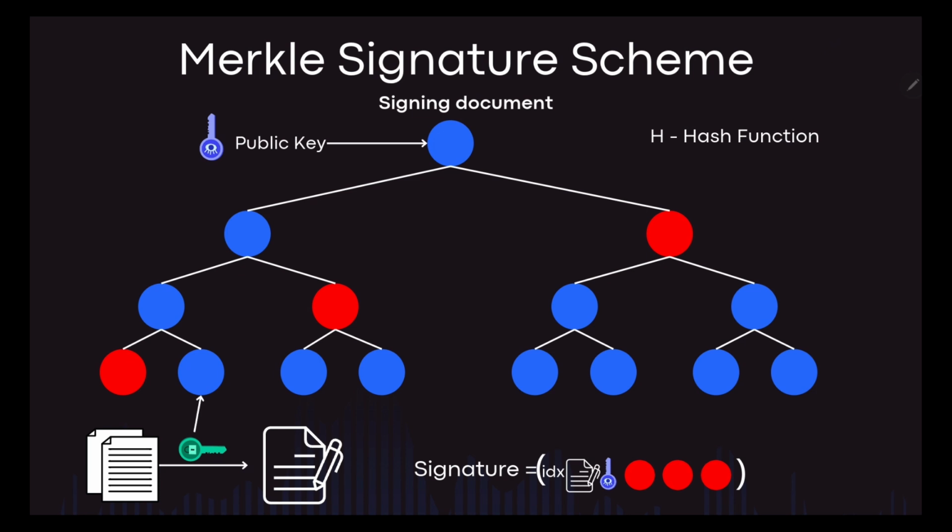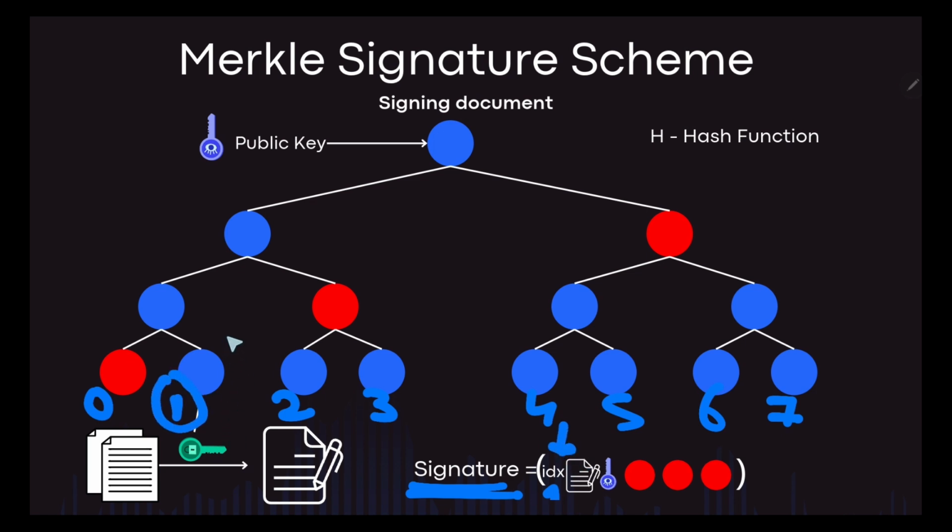Now, what is passed as an argument in the signature? The signature has this index as an argument. Now what is this index? This index can be written as 0, 1, 2, 3, 4, 5, 6 and 7. Here the index is 1, because we are considering this leaf node as our answer. This is the signature, this is the public key, and these 3 red dots are what we take into consideration, because at the receiver side we also need to construct this full tree. So these 3 nodes are required on the receiver side.